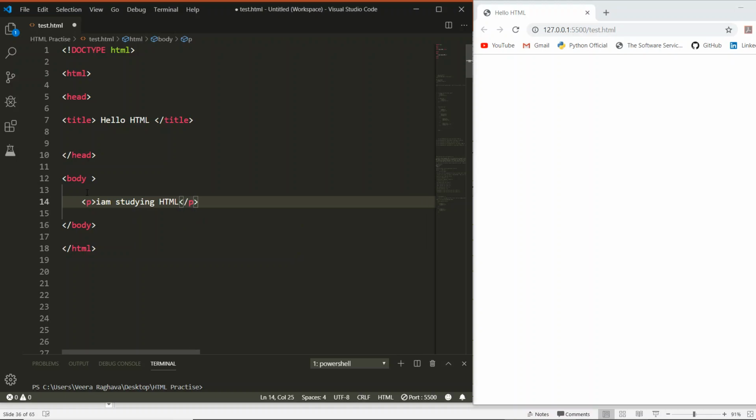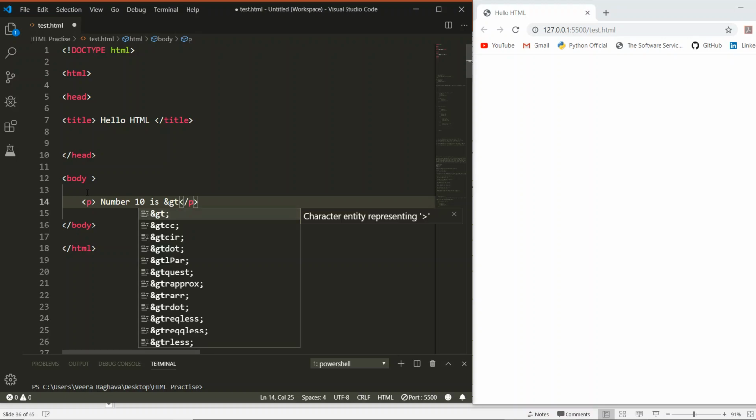If you want to use the greater than symbol, say number 10 is greater than. Greater than means ampersand gt, greater than